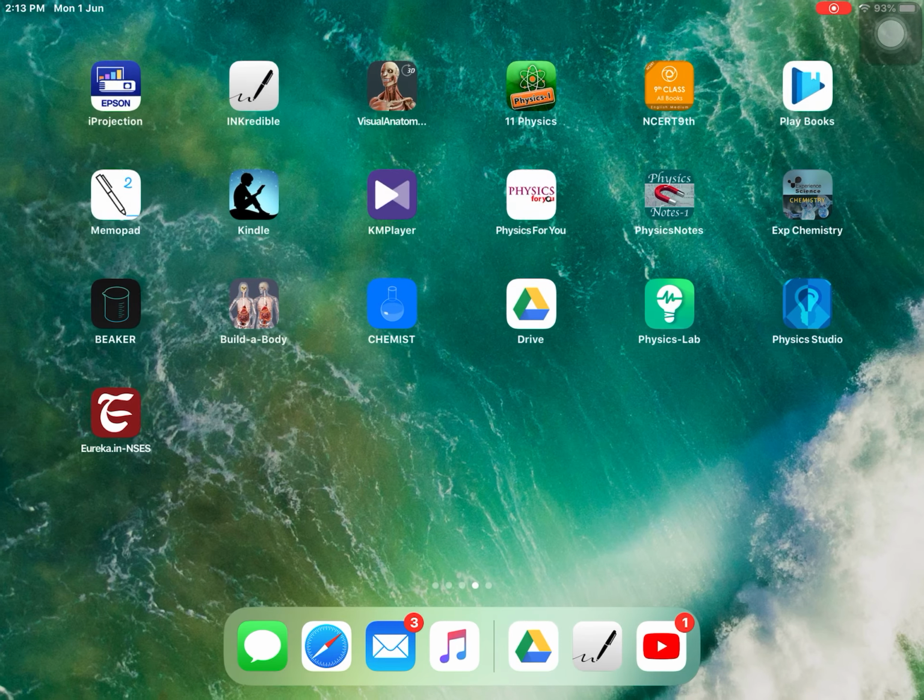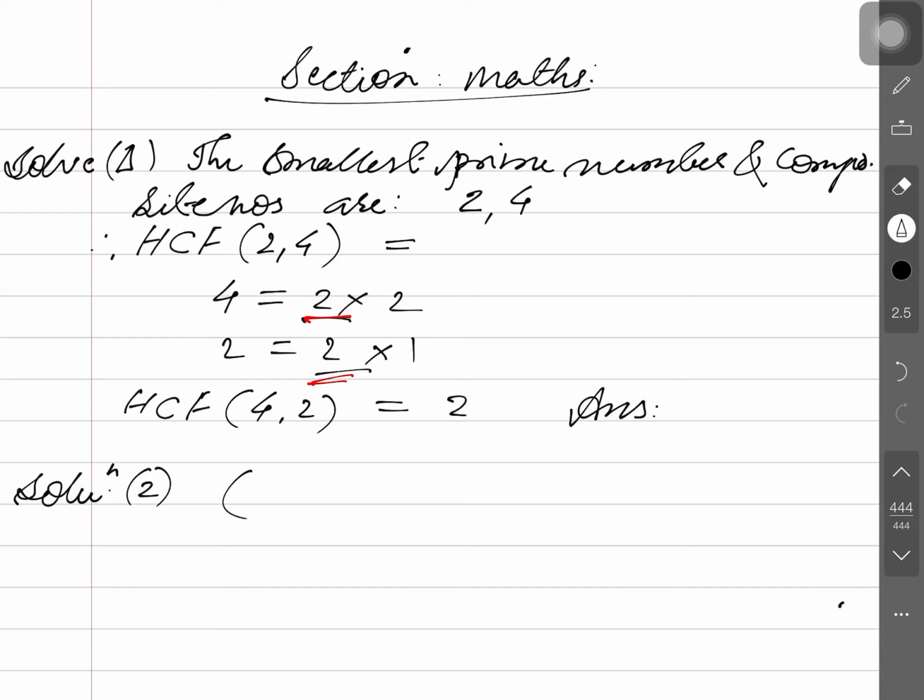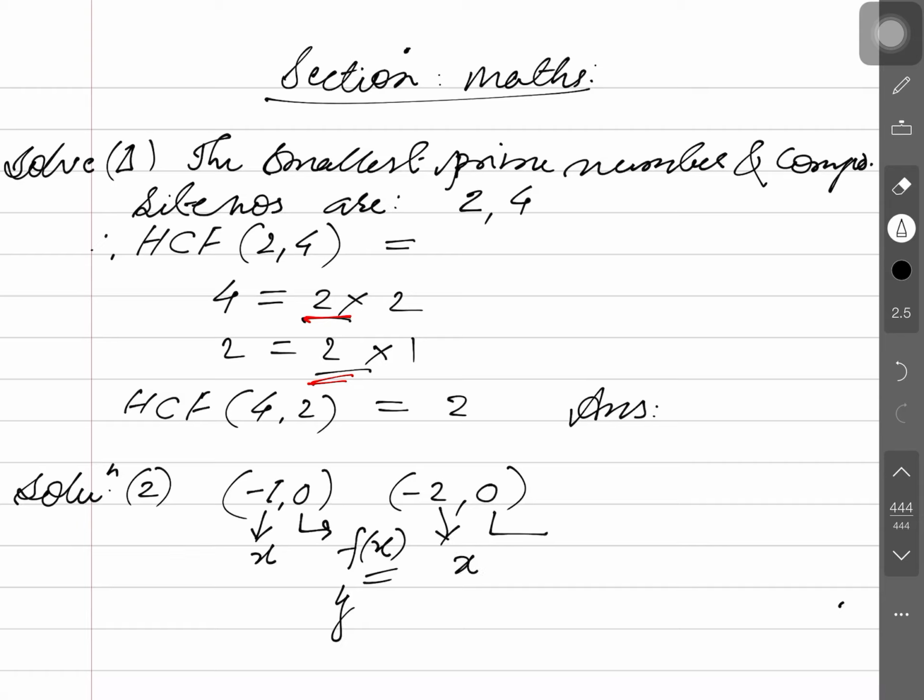So what are the coordinates of this? Its x coordinate is -1 and y coordinate is 0, and the other x coordinate is -3 and y coordinate is 0, and this is also here. So this is the value of x and this is the value of what? Please tell me, f of x, or we also say y. Is that clear? These are the values which are actually giving the zeros. This is called the value of the function, the value of the polynomial. The function is a term to be used later.